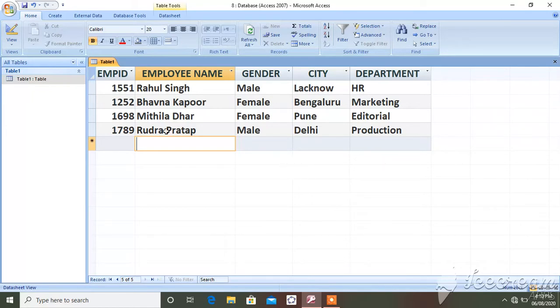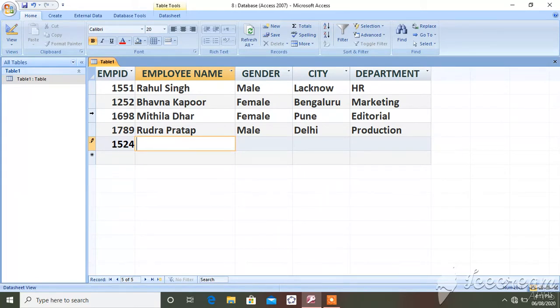Views of a table. Now we will see some views of the tables. There are 2 types of views. One is the datasheet view. See upside, here is the datasheet view. In datasheet view, you can start entering data in a table and Access automatically builds the structure of the table. See here, I can enter one more record like this. In datasheet view we can enter the data and we can also make changes in the previous data. The data type is automatically selected by Access based on the type of data stored in the field.